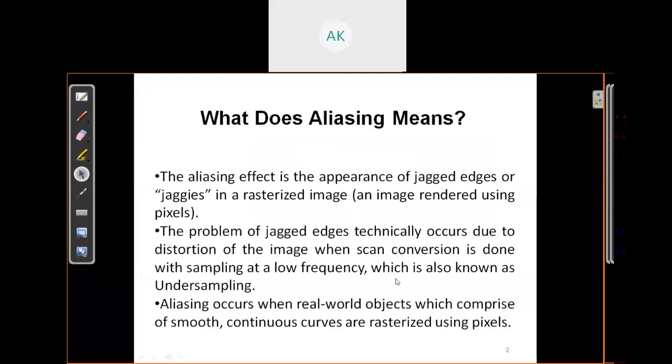So what do you mean by aliasing? The aliasing effect is a phenomenon or appearance of jagged edges in what we have drawn or printed on our screen. The image appears jagged.